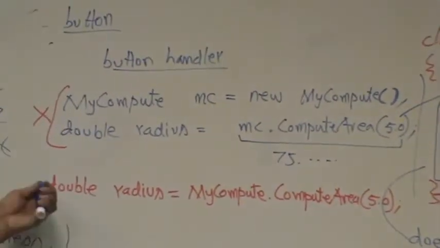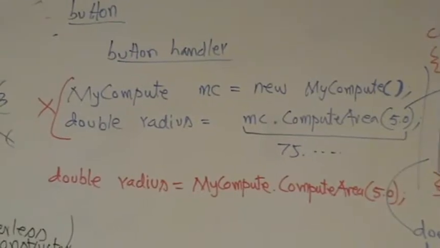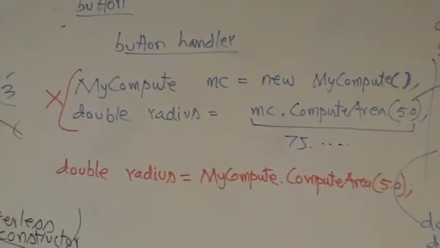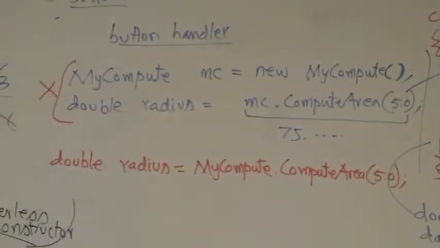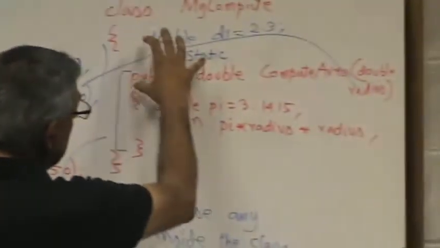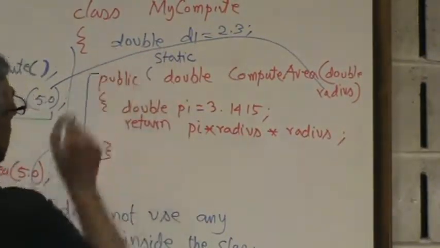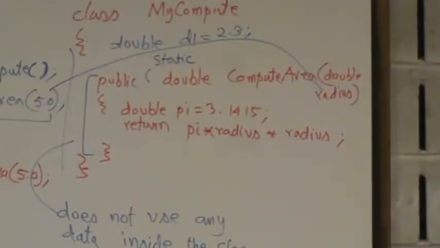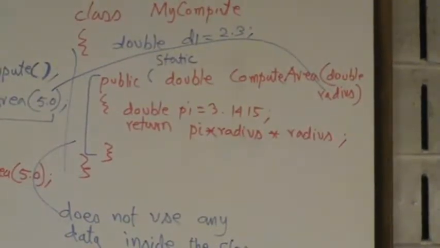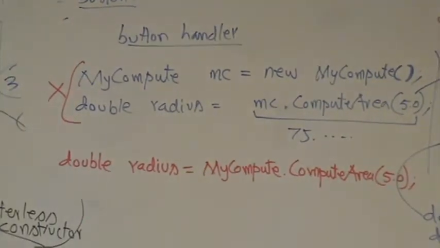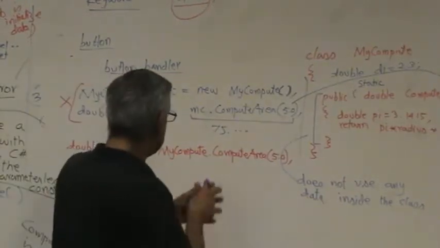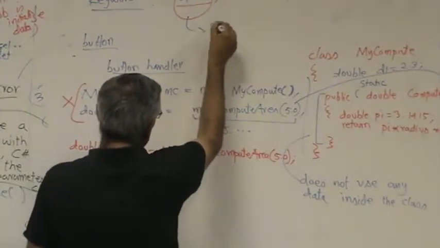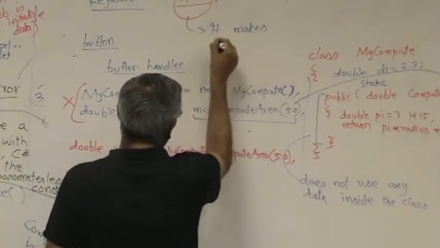So you can see now we only need 1 line of code to call the function, which previously we needed 2, okay? So once again, anytime you write a function inside a class which does not rely on whatever variables you have declared inside the class, mark it as static. This way the caller can call it in 1 line of code rather than having to create an object of the class, okay? So that's the benefit of the static method. So it makes calling code